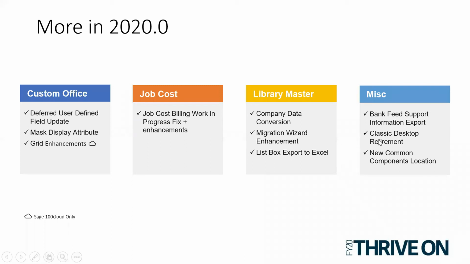The classic desktop retirement. What that means is, for those of you that have migrated over to 100C or 100 Cloud, you know that you can have two different views of what your Sage looks like. One is called classic, which I'll call the old look. It's the way Sage 100 has looked since it went from DOS to Windows, with your tree views and how that looks. The Sage 100 look